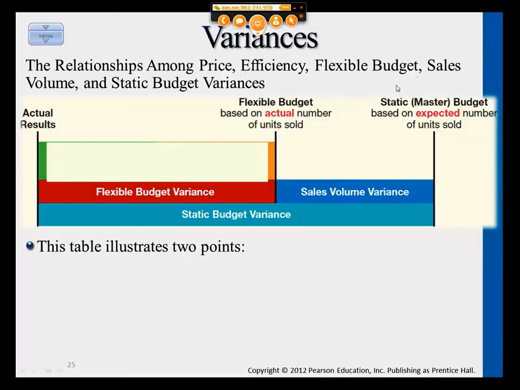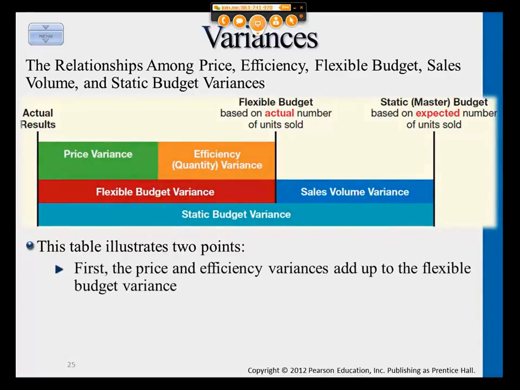And we also have our static budget that's using some budgeted expected numbers of units sold. So when we are calculating our variances between our actual results and the flexible budget, we can find our flexible budget variance, and we can find our sales volume variance between the flexible budget volumes and the static or master budget. So what this table illustrates